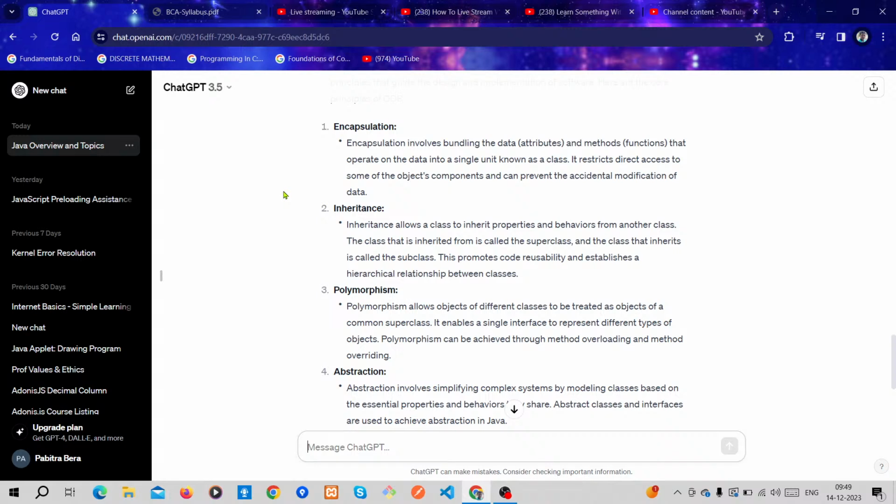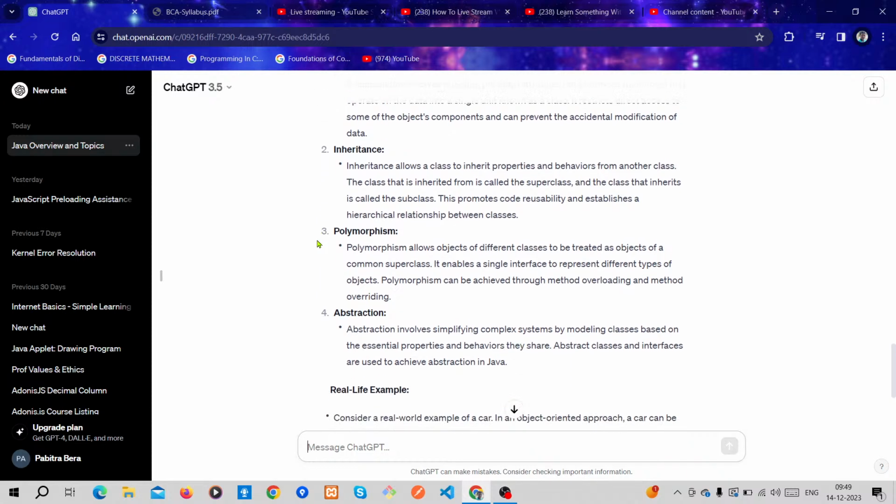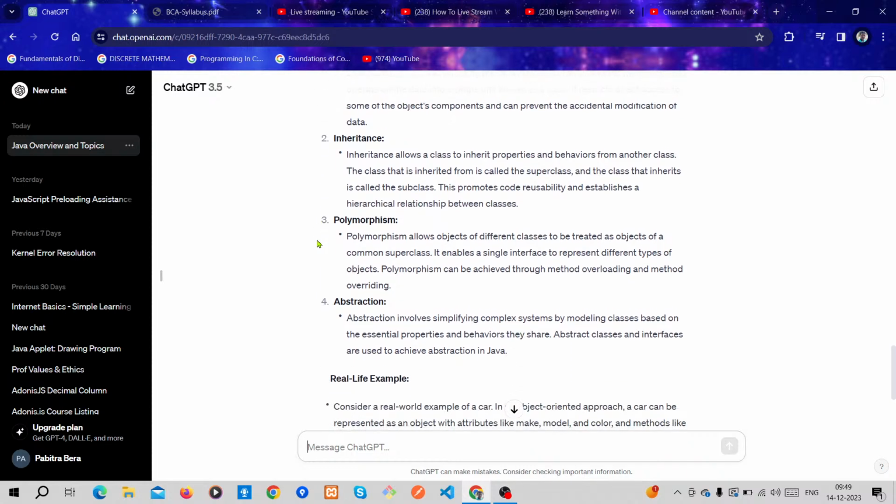Then the next pillar, or next principle, is inheritance. Inheritance allows a class to inherit properties and behaviors from another class.